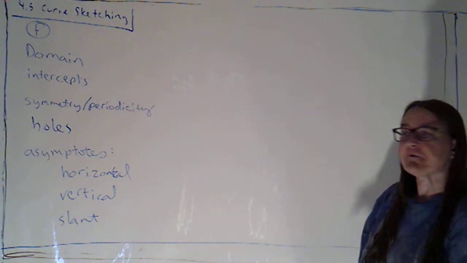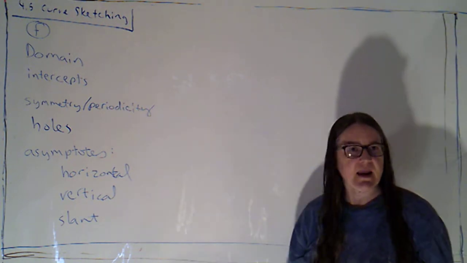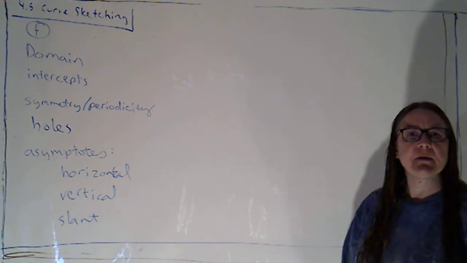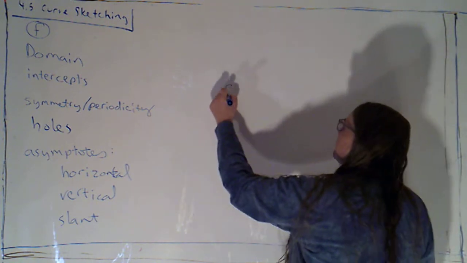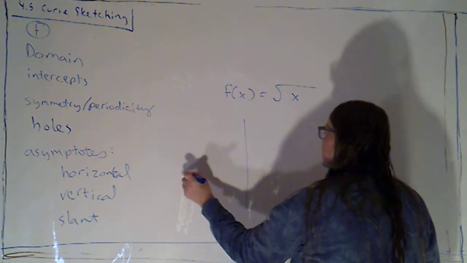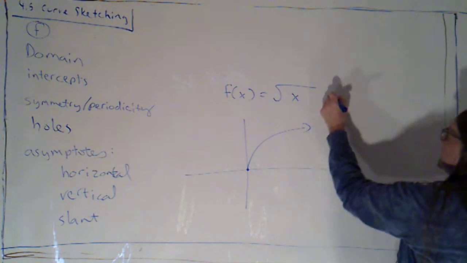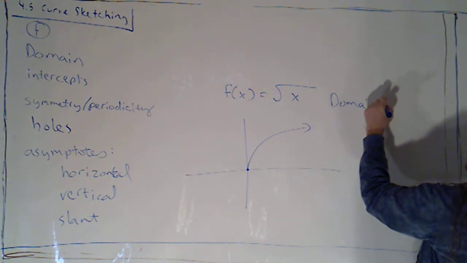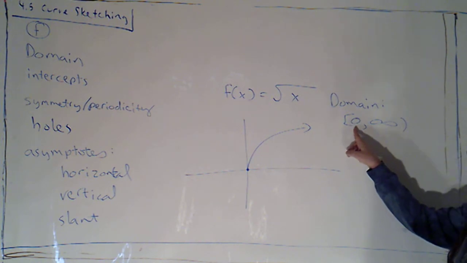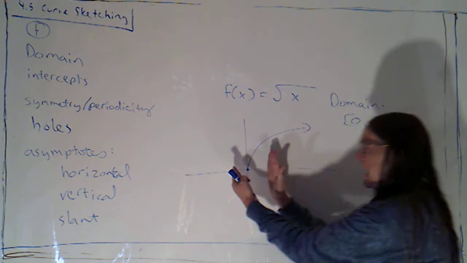Okay. So the first thing is the domain. Now, I might ask you explicitly, what is the domain of this function? I might not, but it's something that you always want to keep in mind. So, for example, if I were sketching f of x equals the square root of x, I know its domain is just everything from 0 to infinity, including 0. So, I want to make sure that I'm not graphing anything over here, but I am graphing stuff